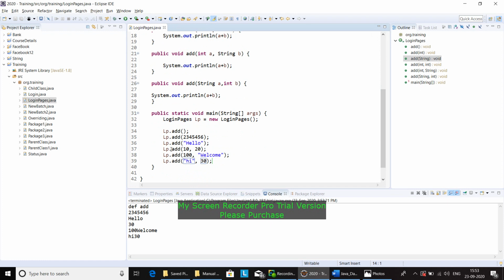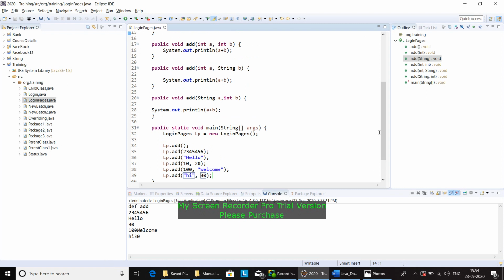Then we gave int a plus int b, which means 10 plus 20, 30. Then int a and string b, so 130 welcome. And then the last one is string a, int b, so string is hi and int b is 30, so hi 30.